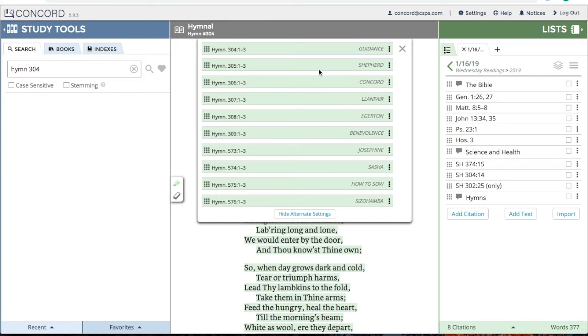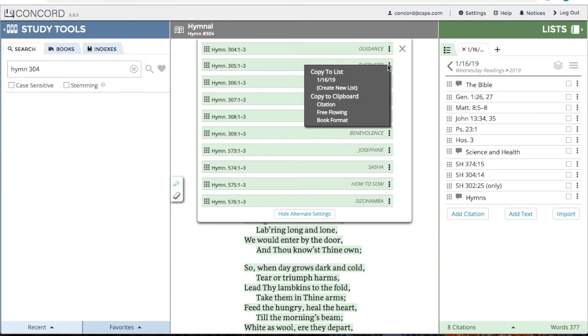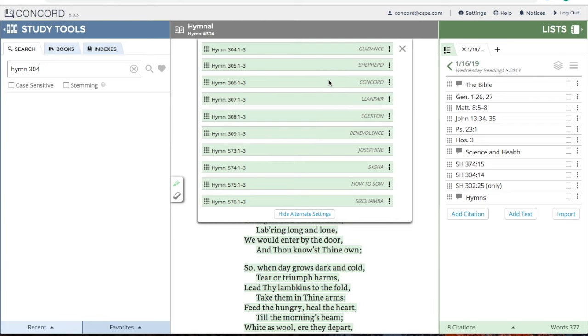And from here, there are two different ways to add any of these settings to my readings. Let's say I want to add hymn 305. I could come over here to this three-dot menu, click on it, and I can either copy to a list or copy to a clipboard. You'd use copy to clipboard if you wanted to add this hymn to a Word document or an email or something like that. But in this case, I'm going to choose to copy it to this list,